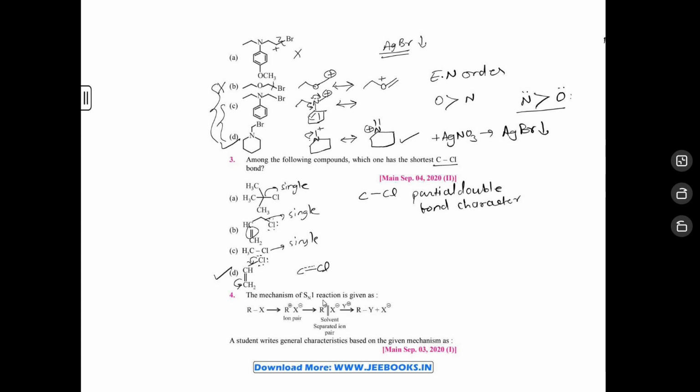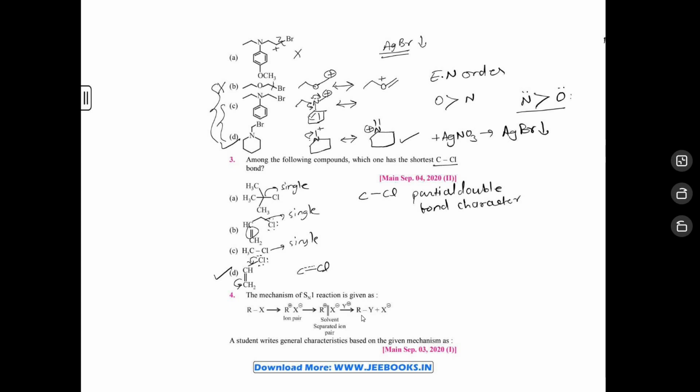Now moving to the fourth question, the mechanism of SN1 reaction is given as follows. So let's understand this scheme. This is the alkyl halide, and the alkyl halide breaks down to give a carbocation and a halide as an ion pair. Then after that, protic solvents play an important role to separate these ions, and after that the nucleophile attacks to give